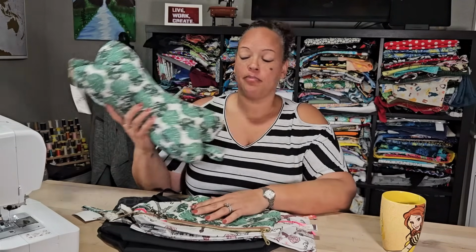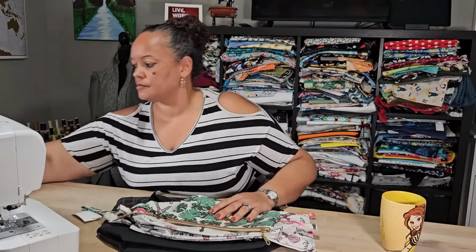The greatest thing that I love about sewing is that we are able to customize fabric. With that being said, with this being my top product, I'm going to show